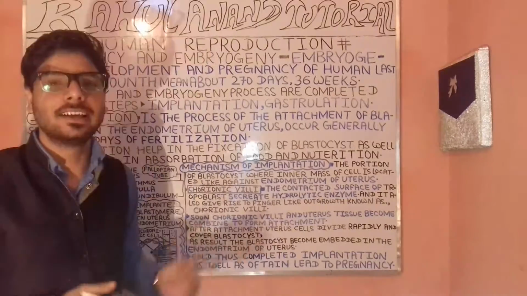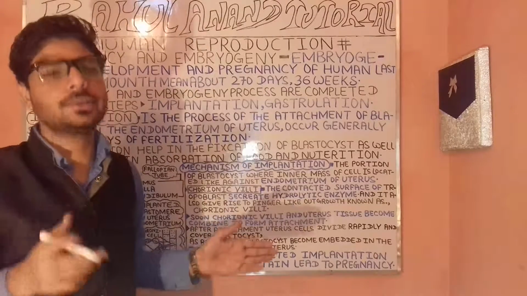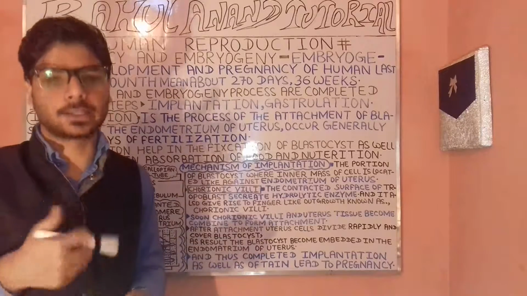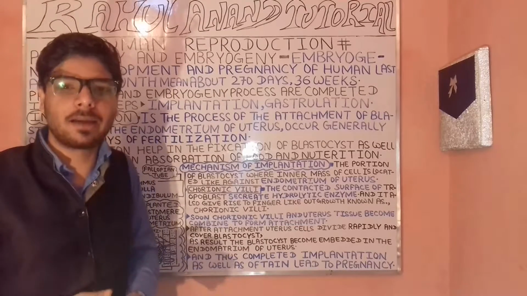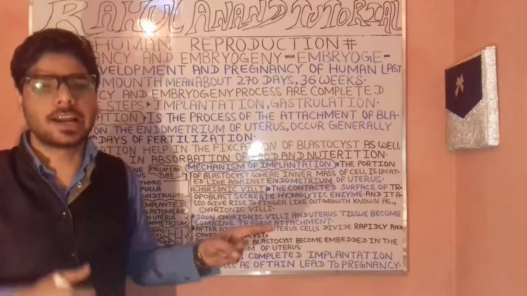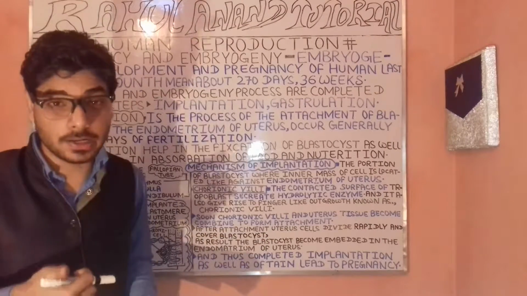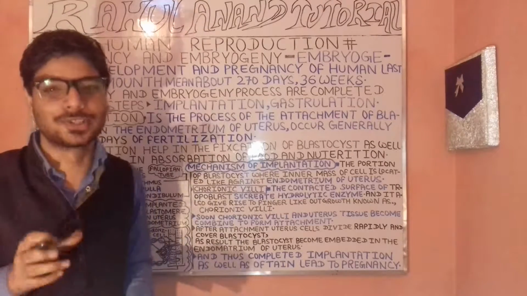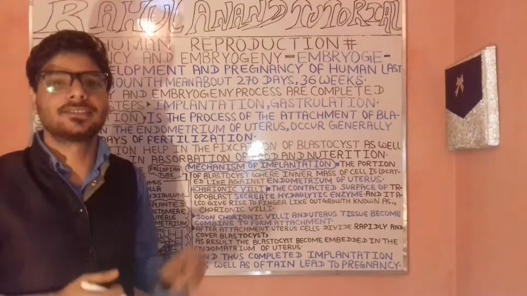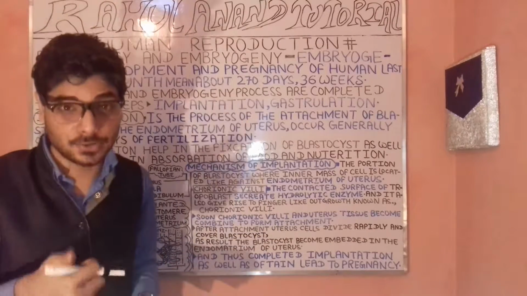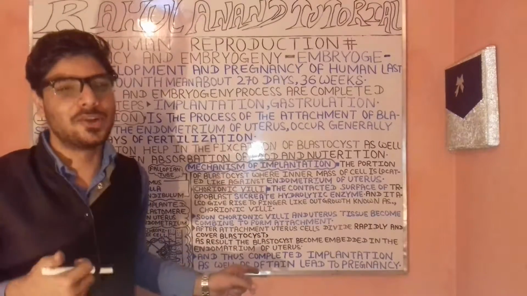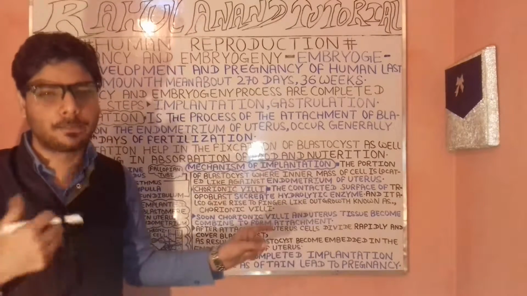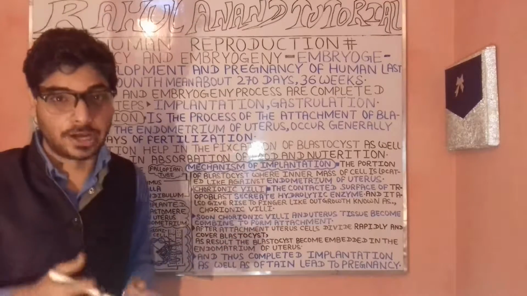You are very clear about that. Soon the chorionic villi and the uterus form an attachment-like process. And after attachment, the uterus cells will divide and cover the blastocyst. Thus the blastocyst becomes embedded in the uterus. After that, the process of implantation is complete.